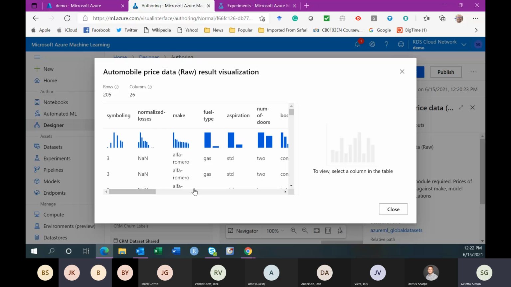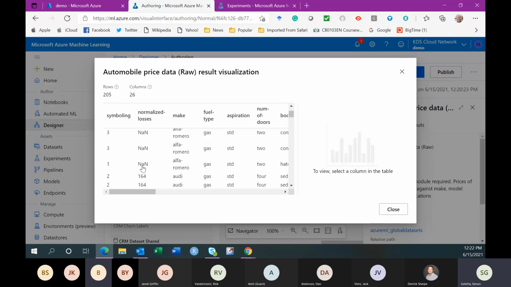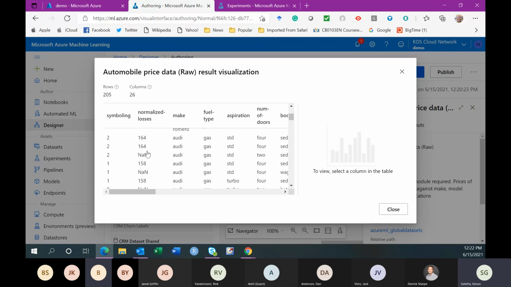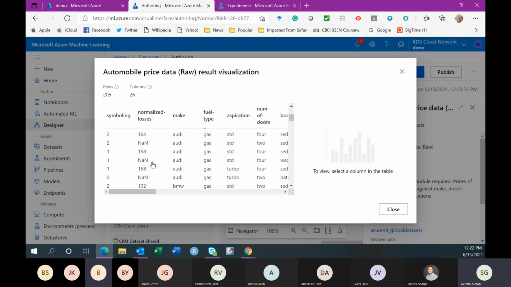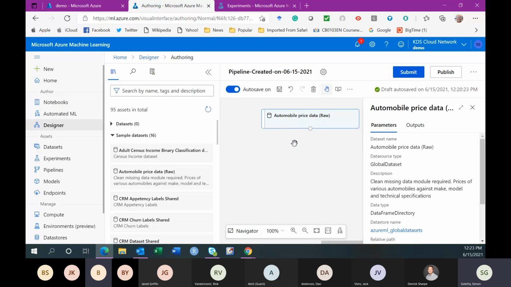Preparation can take a number of things, including, for example, eliminating variables that might adversely affect the analysis, the training. Here, for example, if you look at the normalized losses, you have values NaN, which means missing values, basically not a number. Some values and then not a number. The problem with a lot of missing values like that is that when the computer tries to learn something, it will not know what to do with missing information.